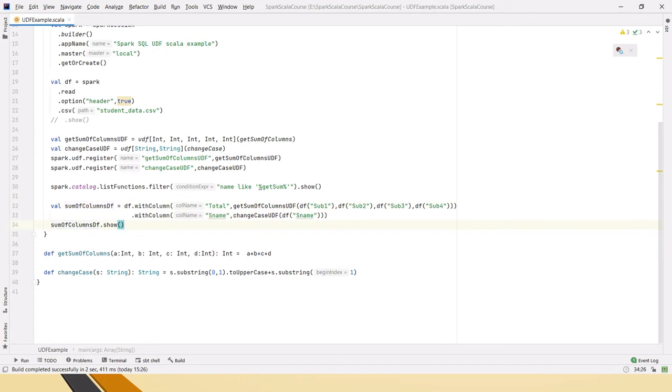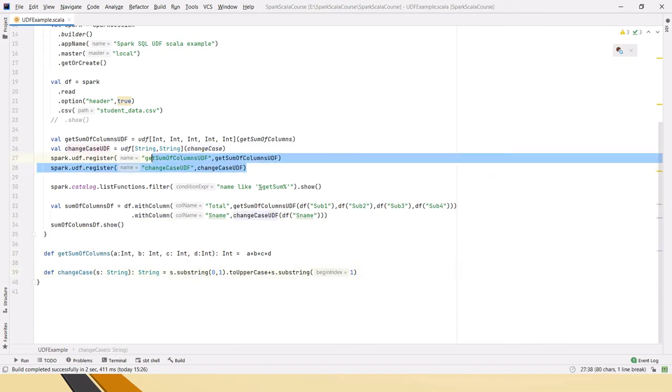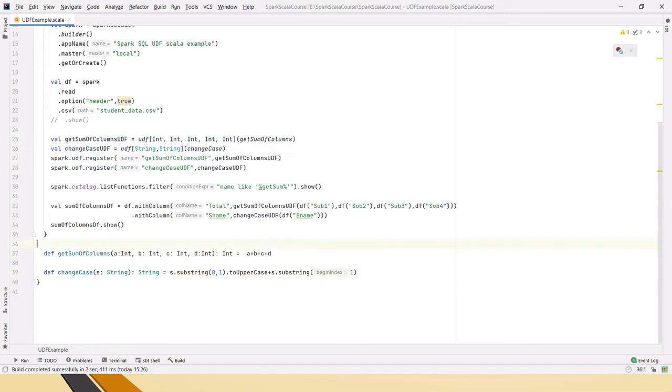As I said before, you might have a doubt: why do we need to use this UDF at all, because at the end of the day we are calling these two functions anyway. So let me show you the error it will show if I don't do that. Change case is already here, and I am passing df of sname to it, but this is a column, so it expects a column as input, but we cannot do any operations on the column directly.